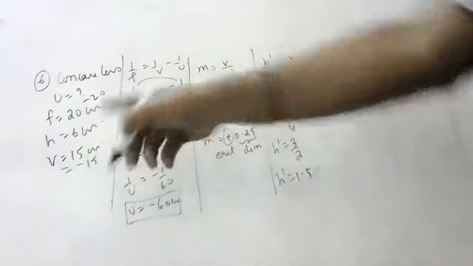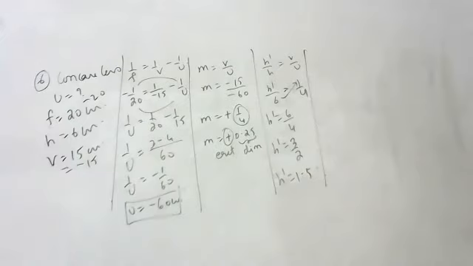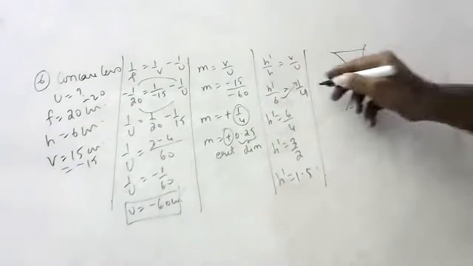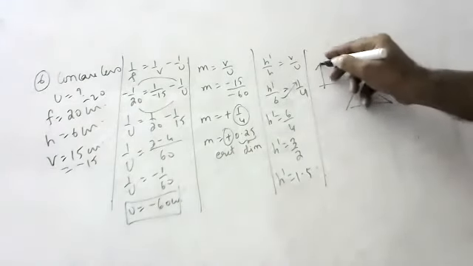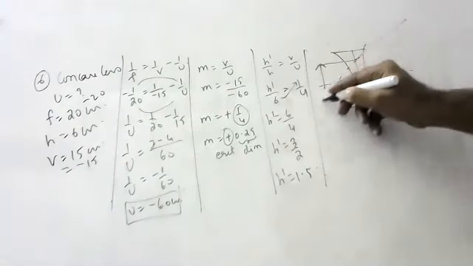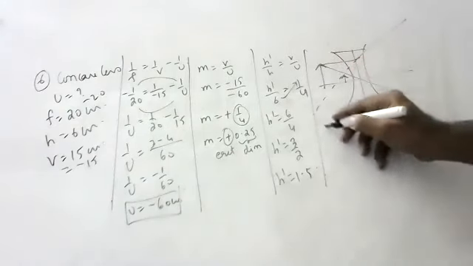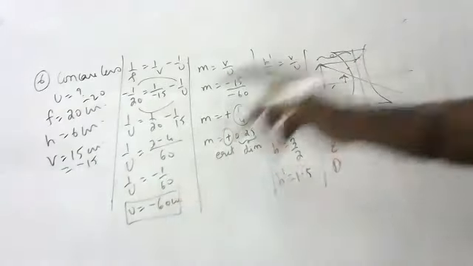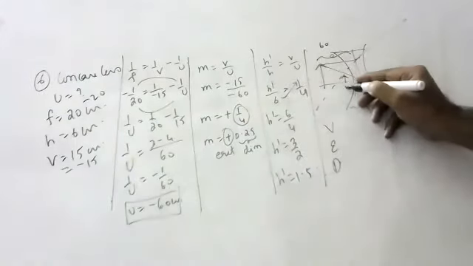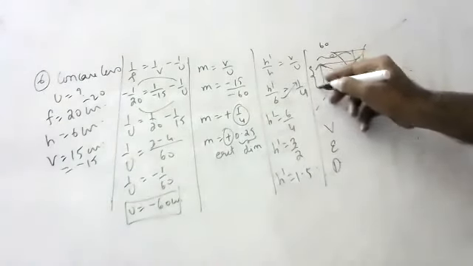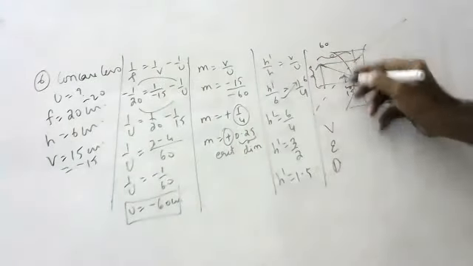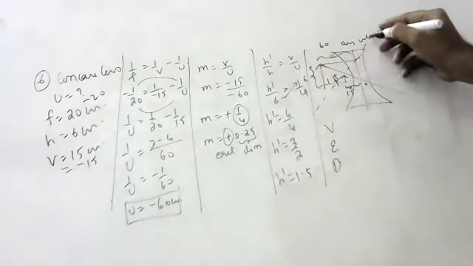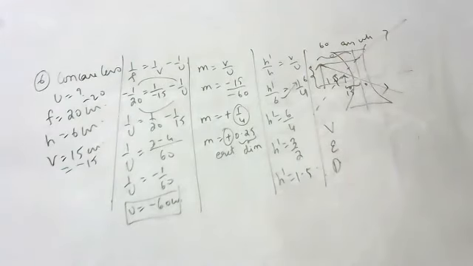Initially it was 6, it became 1.5, because in a concave lens, anywhere on the principal axis, only one type of image you will get. What type of image will you get, children? Virtual, erect and diminished, because wherever you keep the object in a concave lens you will get only one type of image. Original object distance was how much, children? 60, and image distance is only 15, from the optic center. Original object size is 6, and image size is 1.5. Virtual, erect and diminished, anywhere on the principal axis, is the heading.